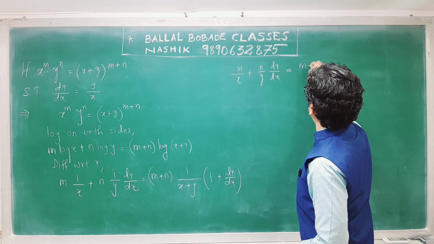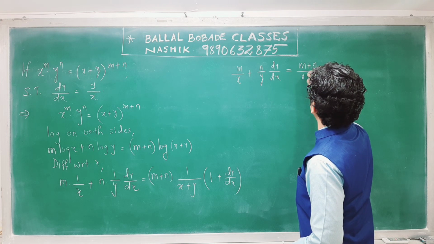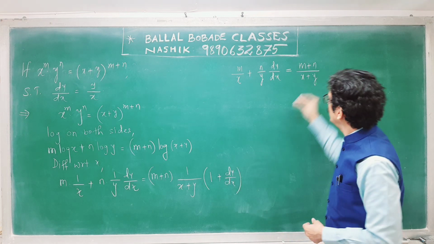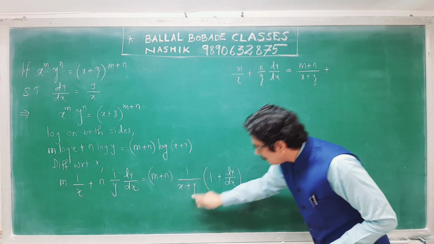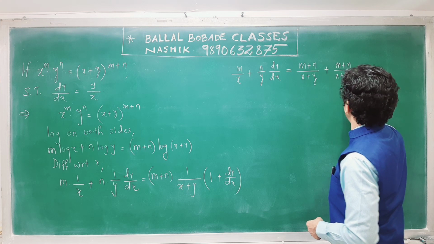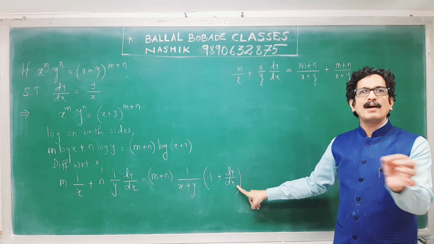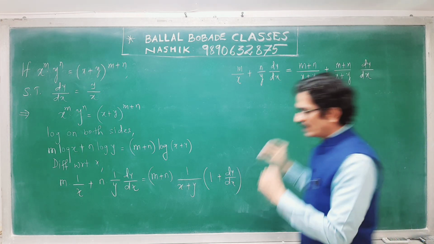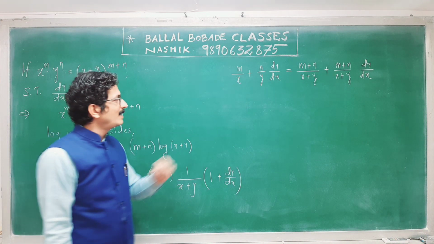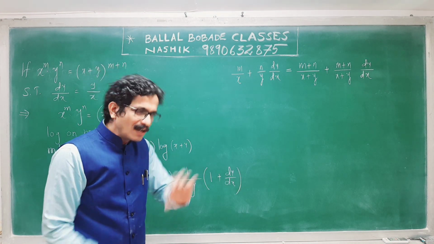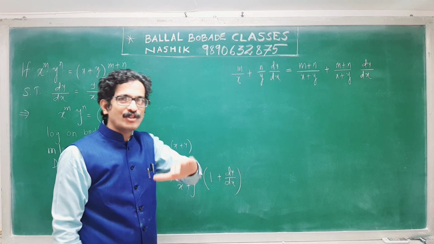It is (m plus n) upon (x plus y) into 1. Let us open the bracket, plus this (m plus n) upon (x plus y) is to be multiplied to dy by dx. Alright, so this one is a simplified expression. Now let us collect all dy by dx terms together and all non dy by dx terms to be transferred